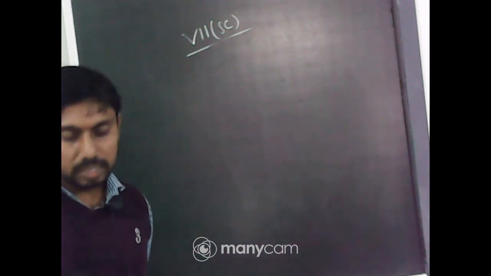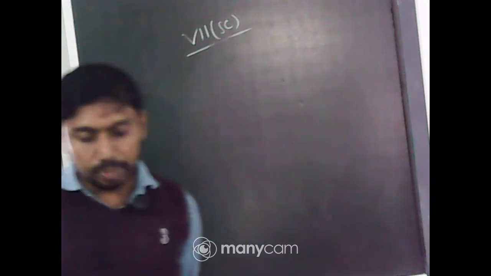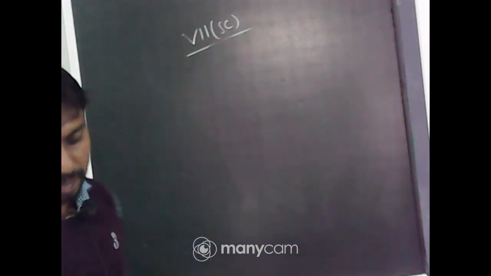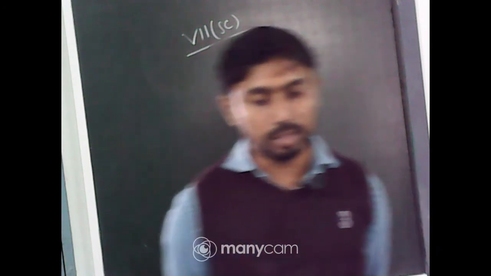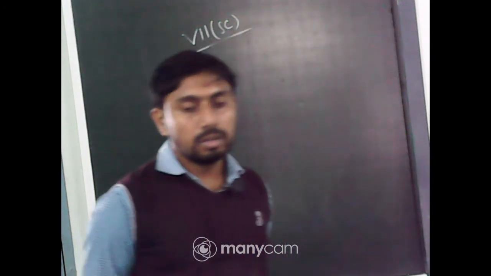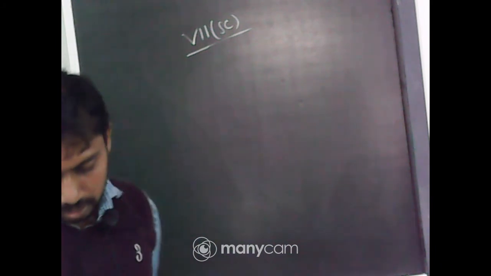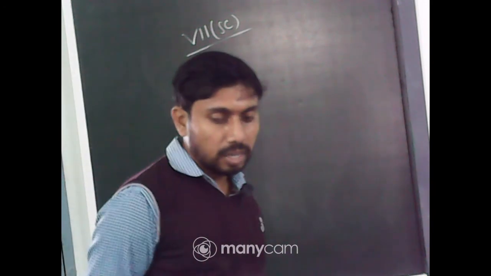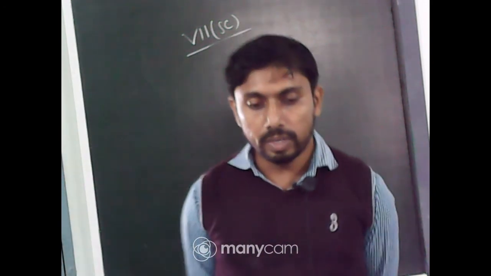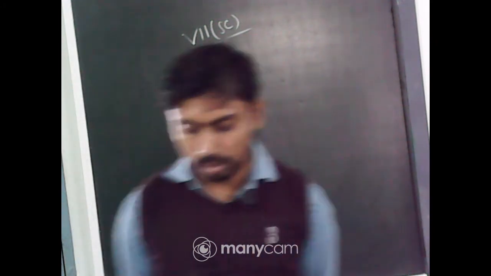Next is a very easy one. Which of the following best describes the desert climate? The options are hot and humid, dry and humid, hot and dry, hot and wet. Yes, as it is the weather of the desert, it is hot and dry. Okay.